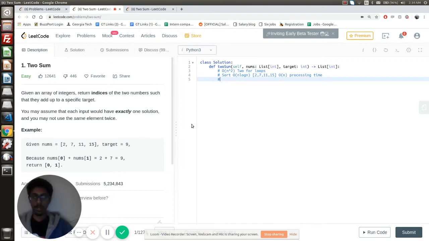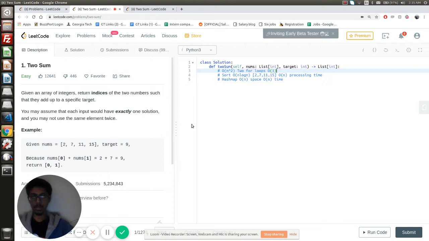But still we can do better if we are allowed to use space. If we are allowed to use space, then the first thing that should come to mind is a hash map, because the lookup time in a hash map is O of 1. When we are using a hash map, we have O of n worst case space, and O of n time complexity is what we will achieve in the worst case.